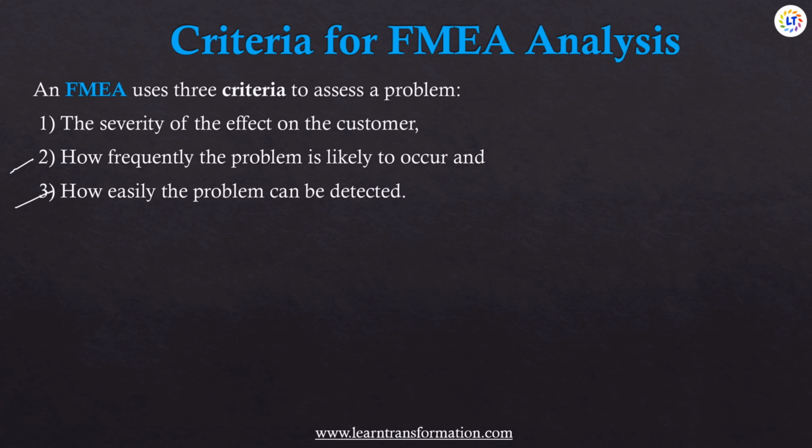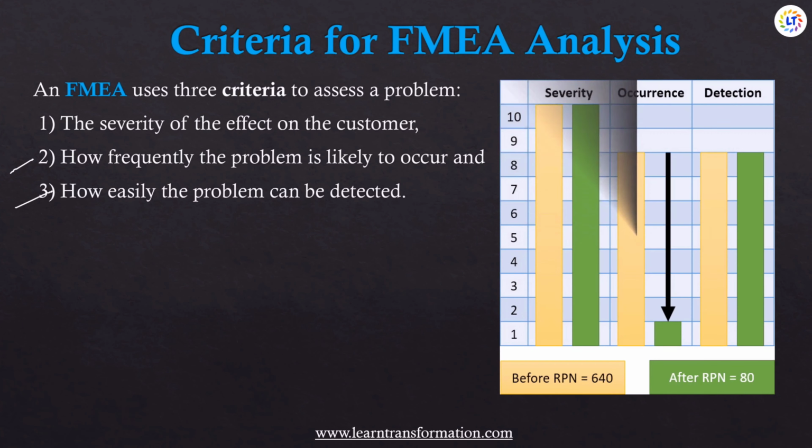As you can see in this diagram, the severity of 1 indicates low risk to the end consumer and a score of 10 indicates high risk to the consumer. Similarly, the occurrence of 1 indicates low probability of the risk happening and 10 indicates a very high probability of the risk happening. And detection of 1 indicates a process that will likely catch a failure, and a 10 means that the process will likely not catch a failure.